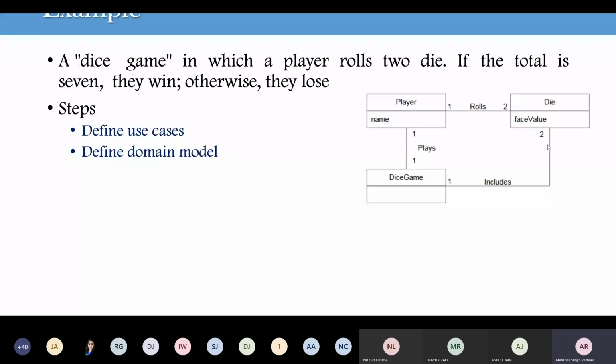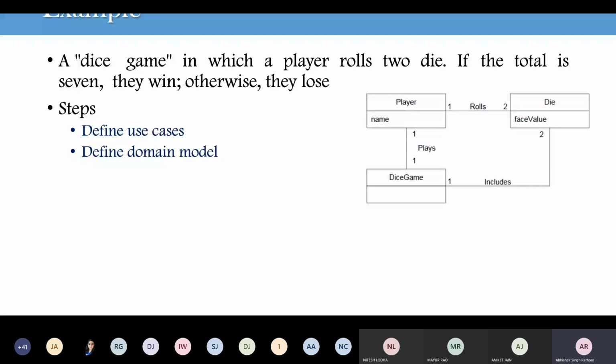When we consider this domain model, it is not a description of our software objects. It is just a visualization of concepts in our real world domain. So we are not going for the implementation view or the different functions available. Instead, we are just providing a visualization of our real world problem.